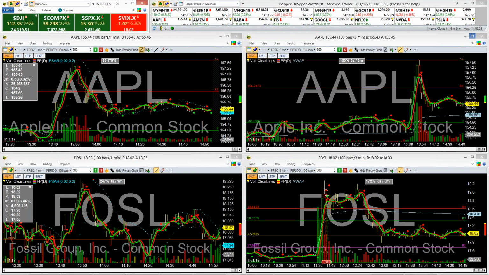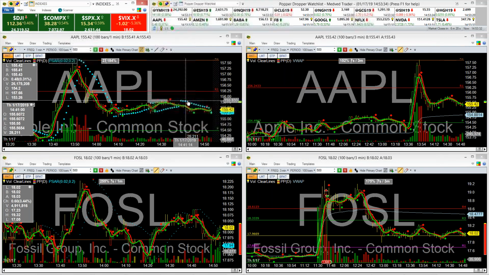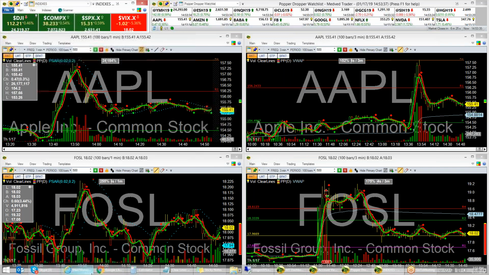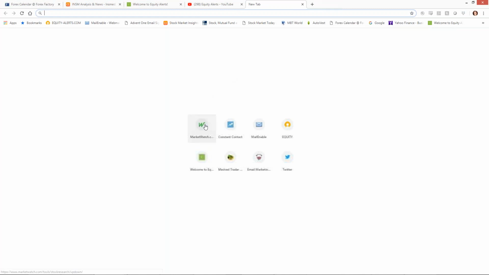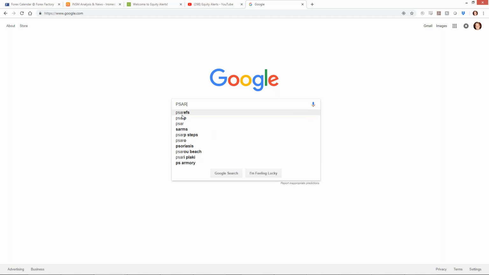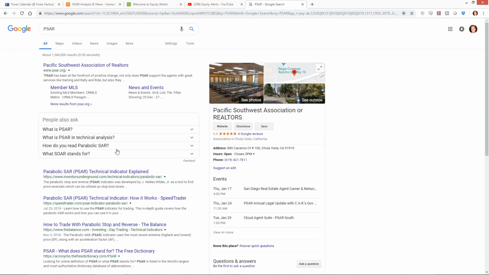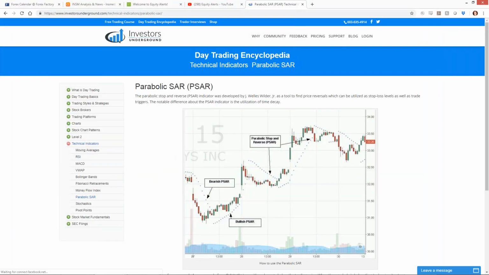Dennis is quick. When the parabolic line is above versus below, what does the parabolic mean? So this is parabolic. Let me get a concise definition so you know what it means. I keep calling it support and resistance, but it's stop and reverse. Parabolic stop and reverse is an indicator developed by J. Welles Wilder, who is the same person that developed